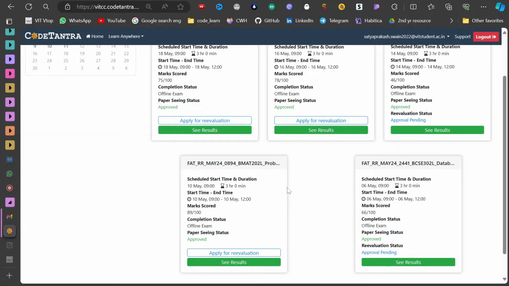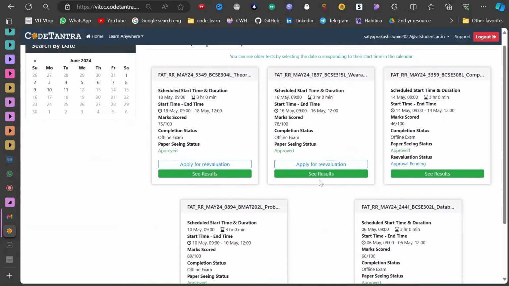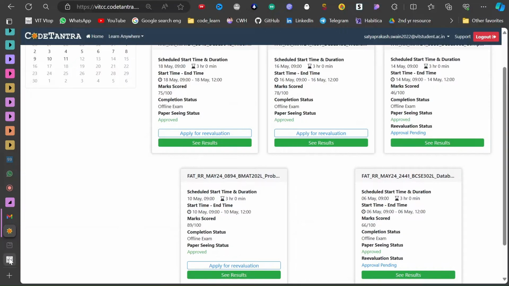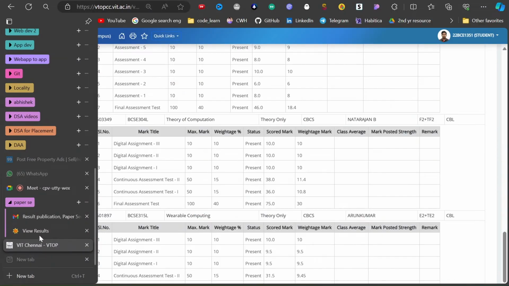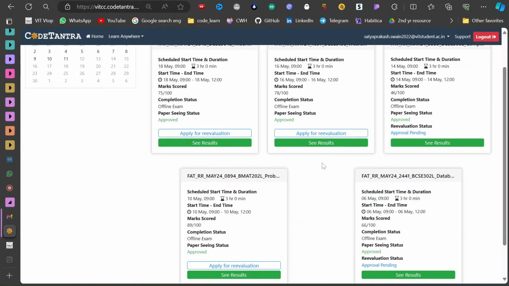So there are two options: see results and apply for evaluation. So let's apply for evaluation for one of the subjects as a sample. All right, so here